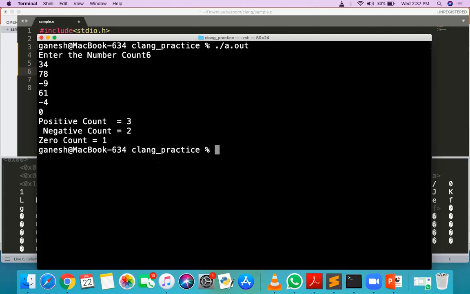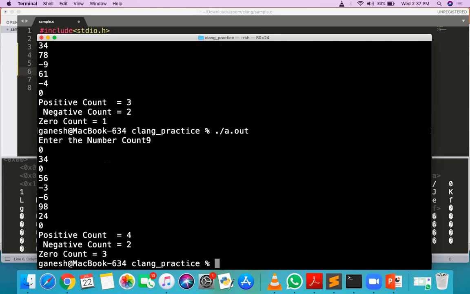So positive is 3, negative 2, and zero count 1. Correct? Now you want to enter 9 numbers: 0, 34, 0, 56, -3, -6, 98, 34, 0. Now positive is 4, negative is 2, zero count is 3.